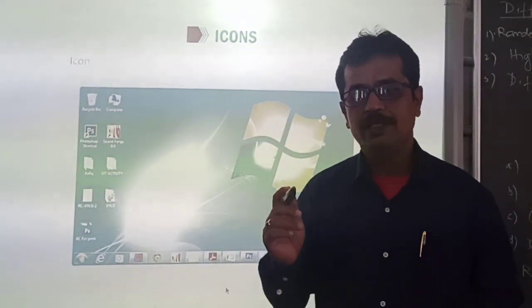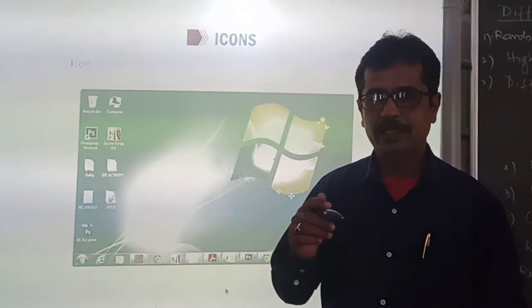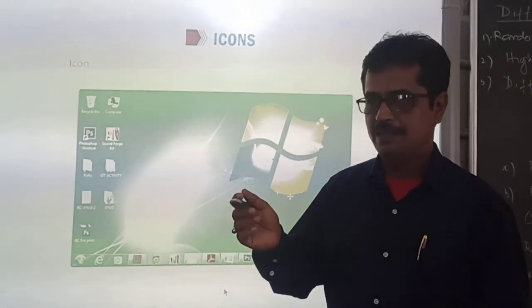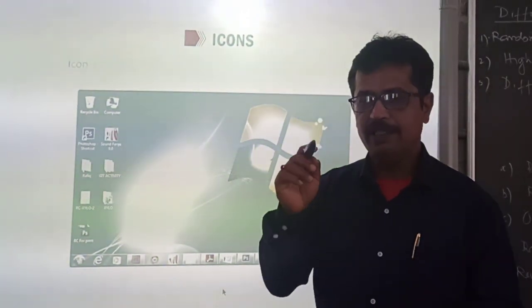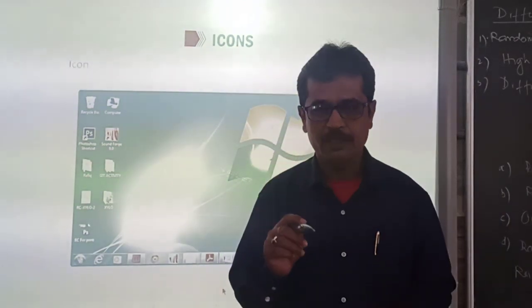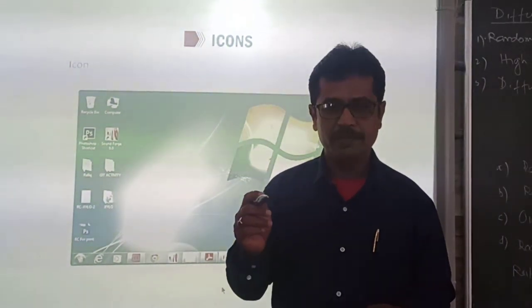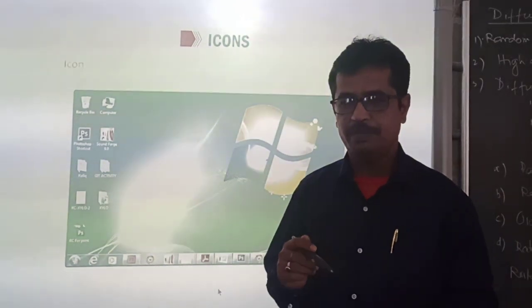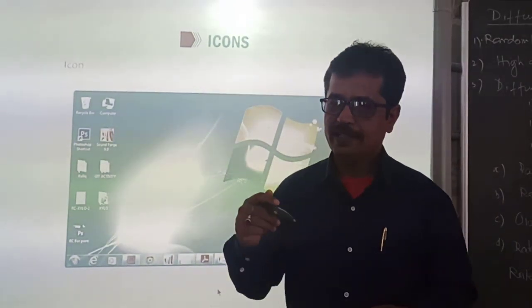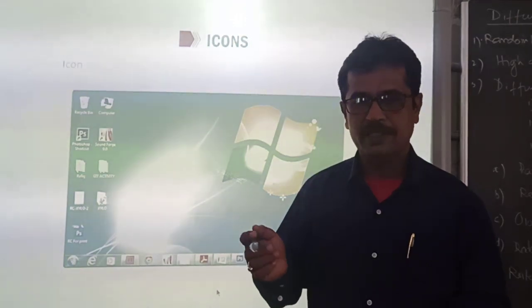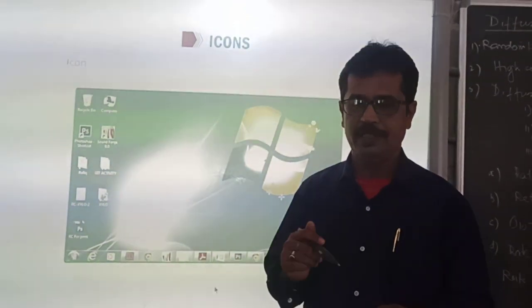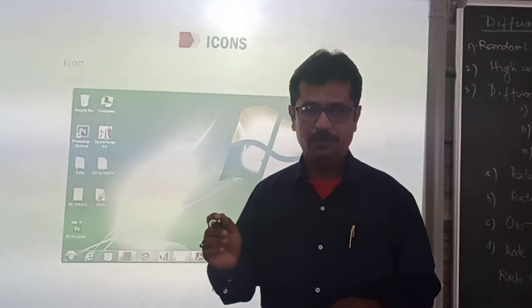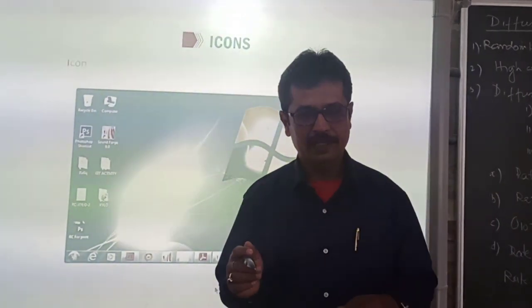For example, you can lock the taskbar. You can use the auto hide option for the taskbar. If you tick that checkbox, your taskbar will hide whenever your mouse pointer is not placed on the taskbar. Next is how icons are placed on the taskbar. That option is also there. These things you can do. That is what we did in the last session.